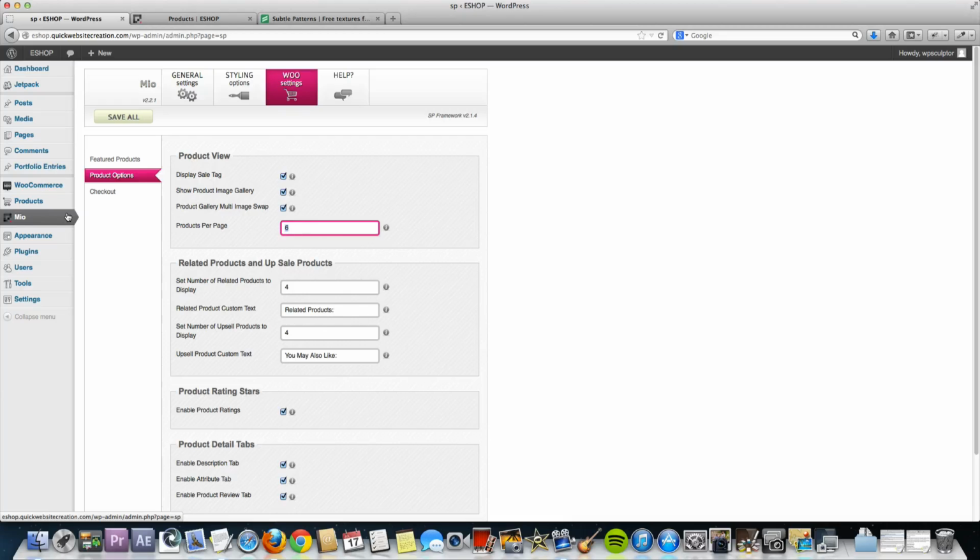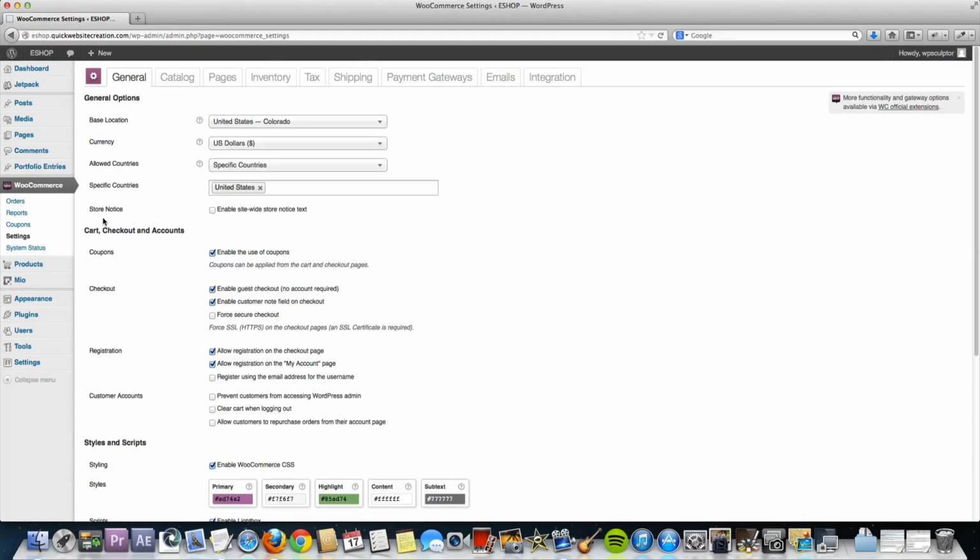Okay, now we're going to set up our payment gateway, our tax options, and our shipping options. So to do that, let's close out of these. I'm going to go to WooCommerce, hover over that, and then click on Settings. And the first thing we're going to do is set up our payment gateway,